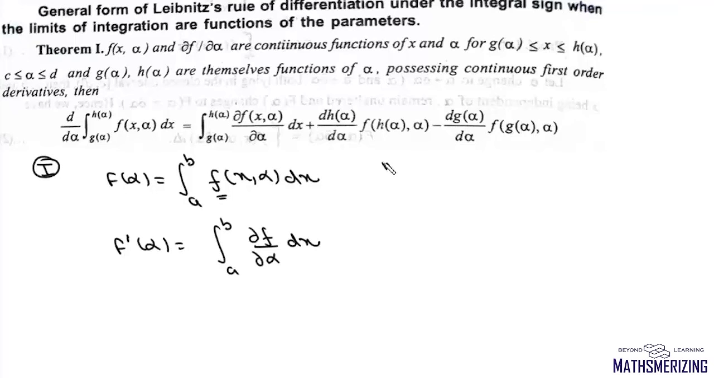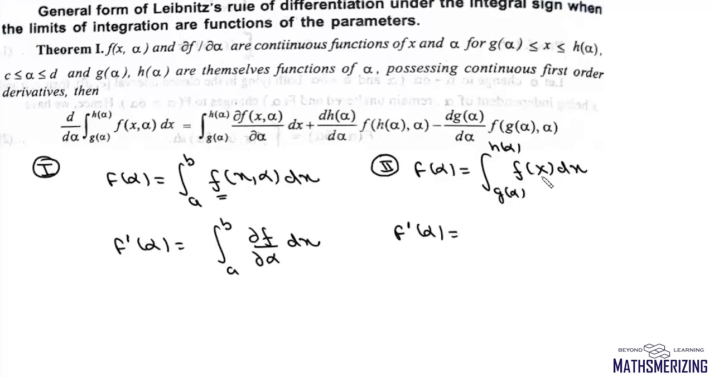Now the second form of Newton-Leibniz formula is when the limits are variable. Say, for example, we have these limits as g(alpha) and h(alpha), but the function inside the integral doesn't have this parameter alpha. If we solve this integral, we'll get some function of alpha, say F(alpha). Now if we differentiate this function, we can write F dash alpha, and it'll be equal to,